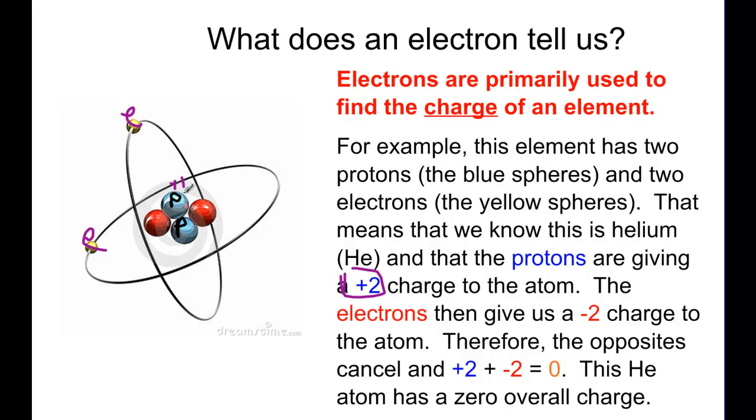So this is +1, +1. So protons overall equal a +2. All right. Now let's look at the electrons. Each electron has a -1 charge. -1, -1. So now the electrons